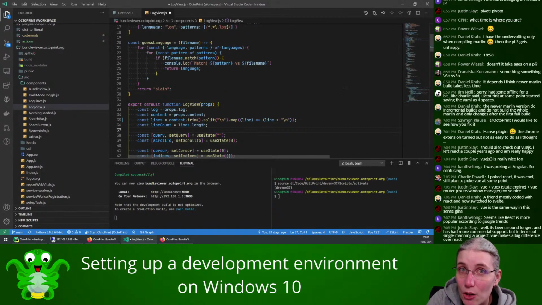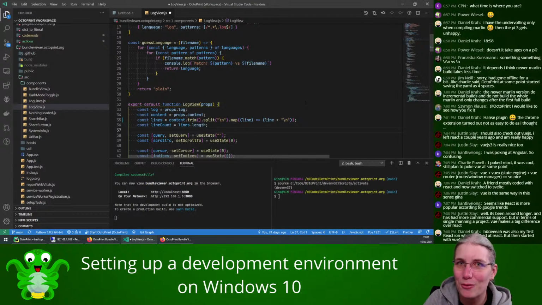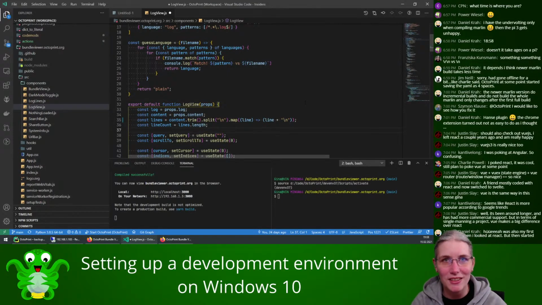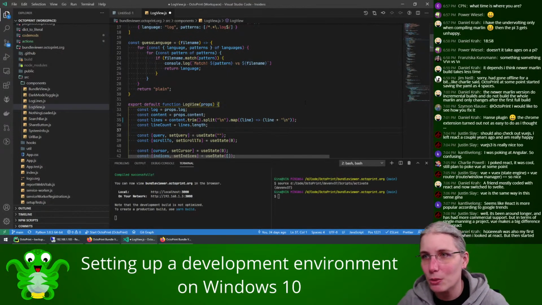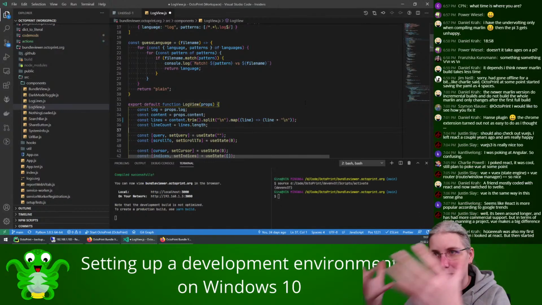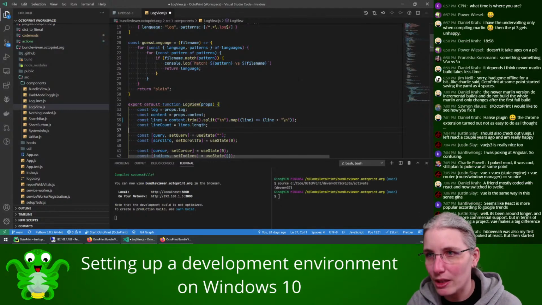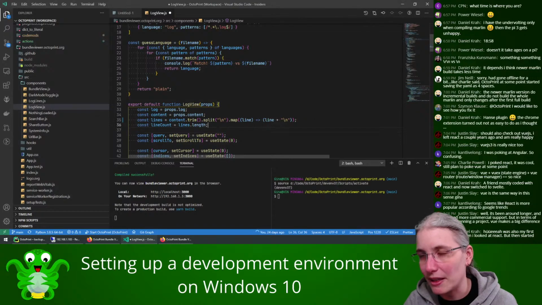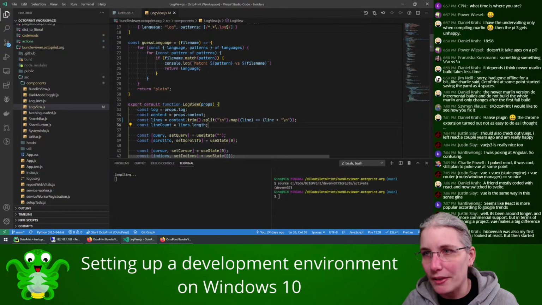Then again, I had an event together last year with Evan You, so in some way I also feel obligated to at least give it a try. So I'm definitely going to give it a try. It's just that right now this is built in React, so we are going to continue to work on this in React. So I saved this,